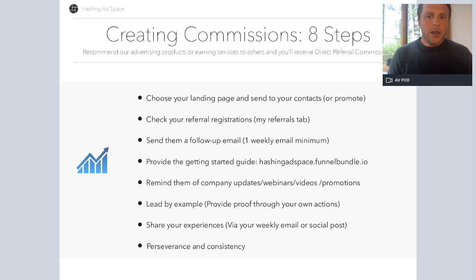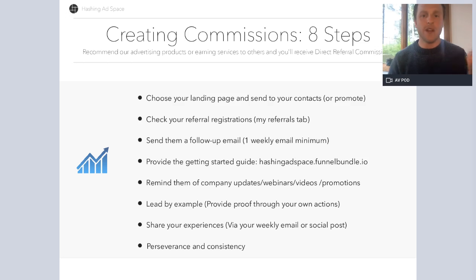So the first step is you've already got your product, okay? You already have Hashing Ad Space and you have an opportunity for unlimited earnings at Hashing Ad Space. You can be one of the top earners. You can be on one of those leaderboards. You can collect thousands of Asimi tokens every single day, okay? You can be that person. And the reason that we've built this system is so that you have access to that already. So we've built the business and now you can build your own business as an affiliate.